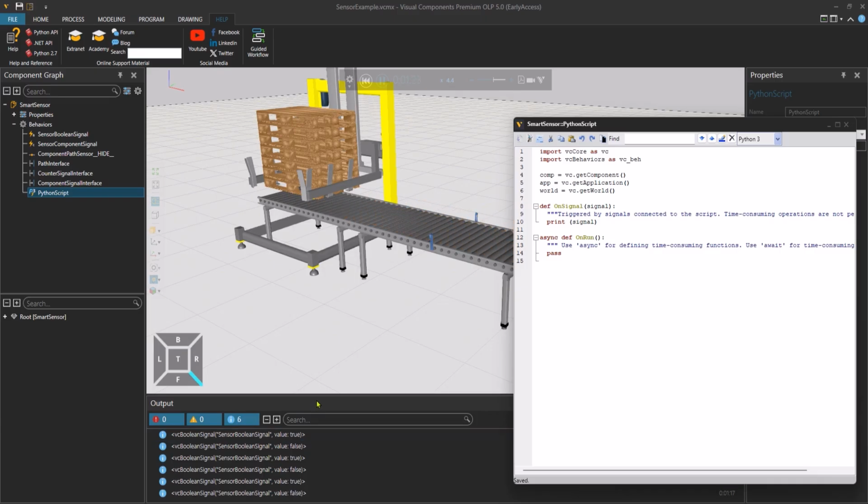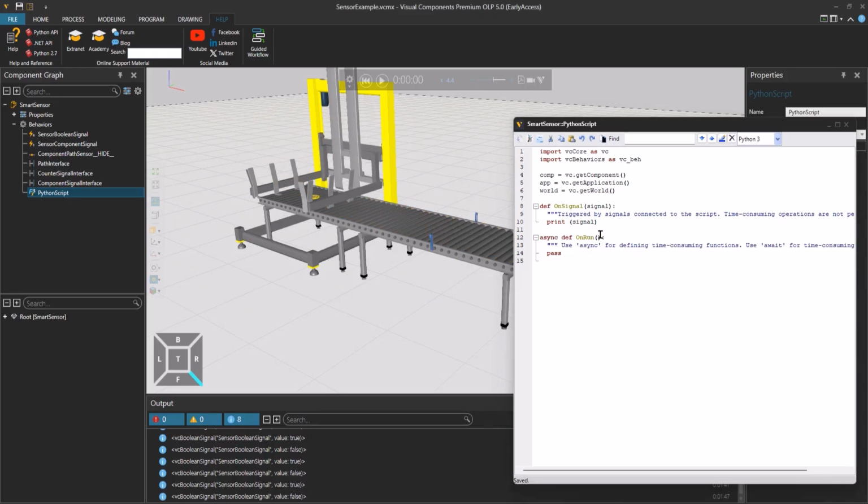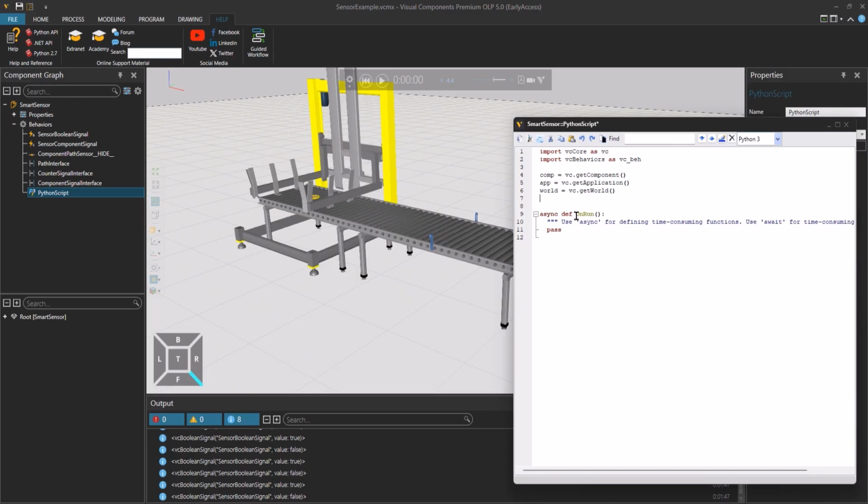But let's add logic that will stop the pallet, and the def on_signal cannot consume any time. So for that reason, let's not use the def on_signal, but let's use the def on_run.